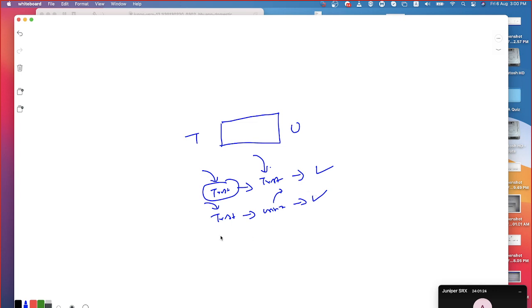Untrust to trust is not allowed by default. So this is the default security policy on branch office devices. Trust to trust is allowed, and trust to untrust is also allowed.